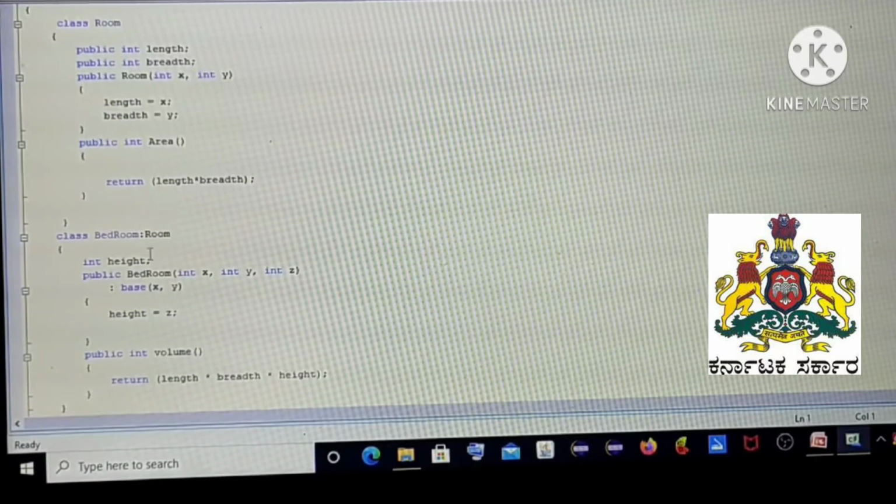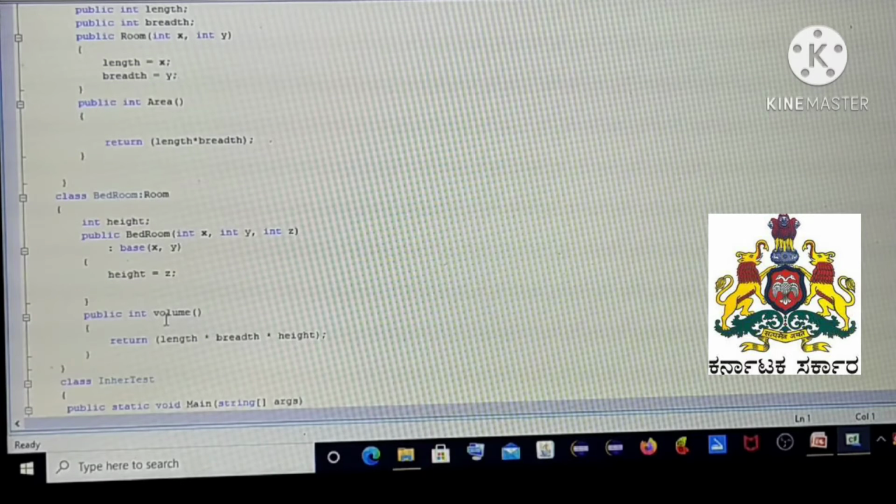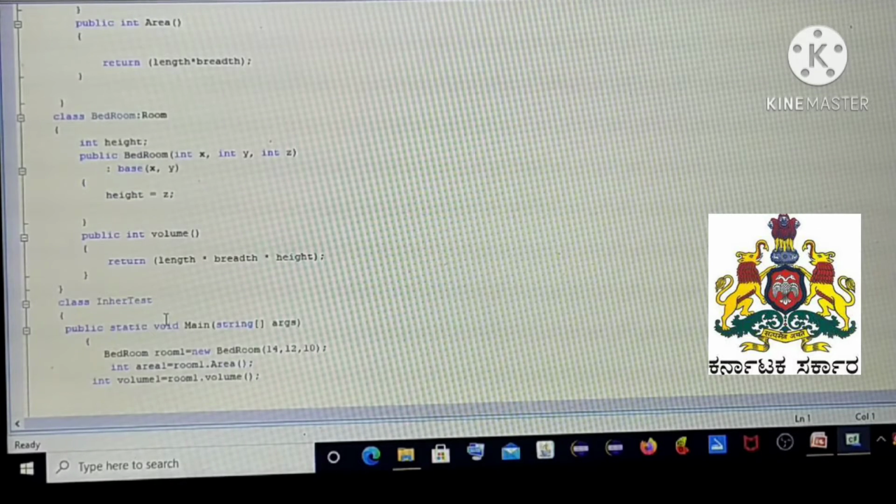We have two classes here, room and bedroom. In the bedroom class, we are inheriting the features of the room class, both the data members and the parameter list of the base class.